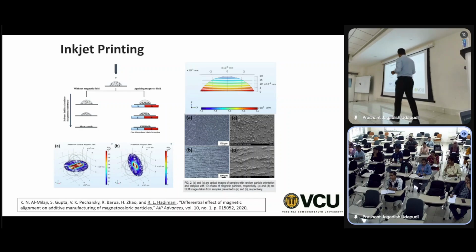When you inkjet print these and measure the properties, we started to notice that if you inkjet print them without applying any magnetic field, you get something called the coffee ring effect. What that means is when you drop the material and the material dries out, the outer border of the particle becomes transparent. So when you apply magnetic field, the